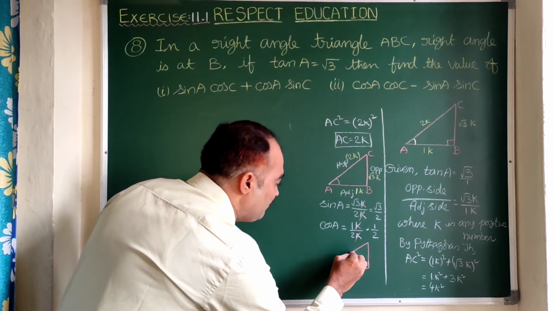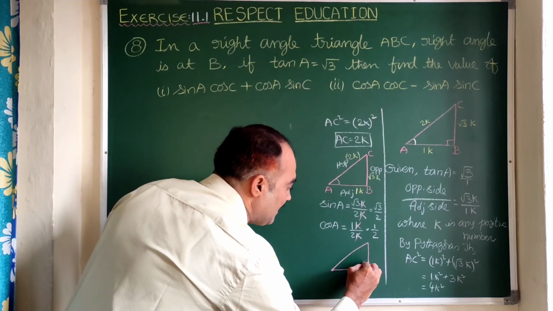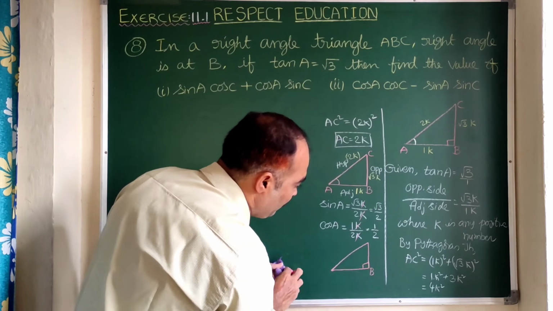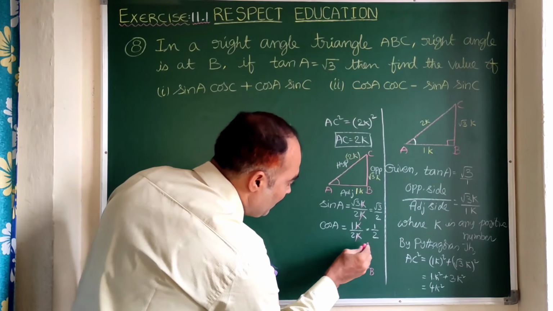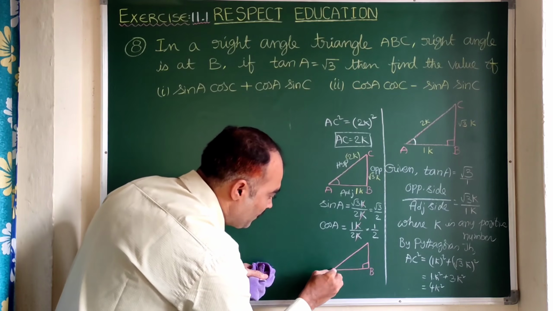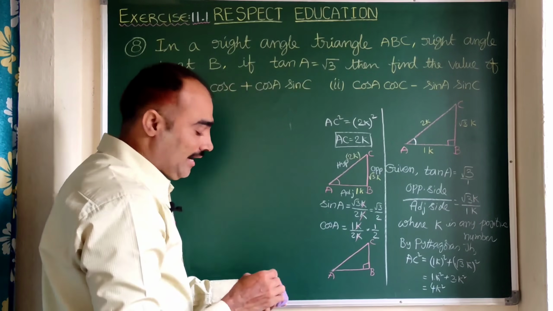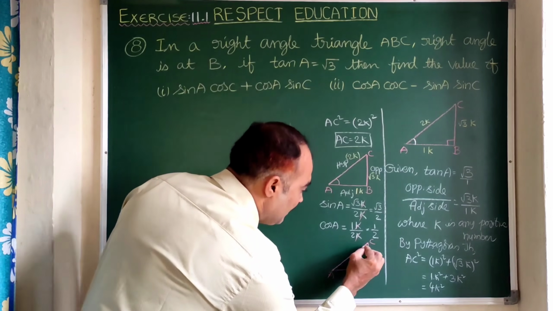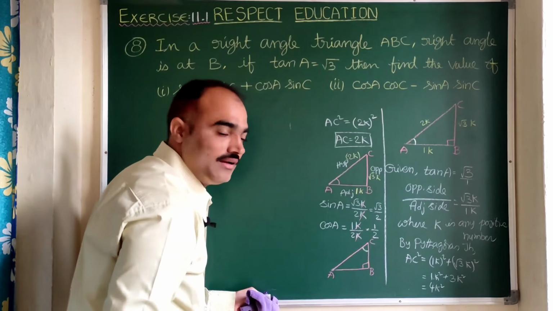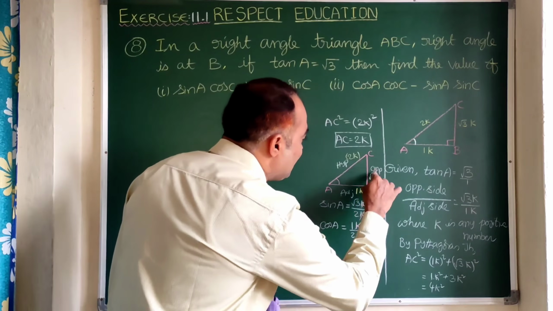Same here, everything, values, everything is same. Here the right angle is at B only. Is it straight? The hypotenuse should be straight. Okay. Now here is A, here is C. Now the angle is at C. Now let us write the values.